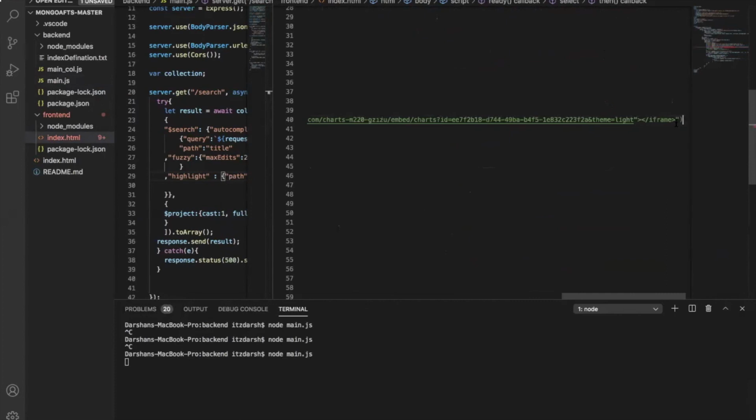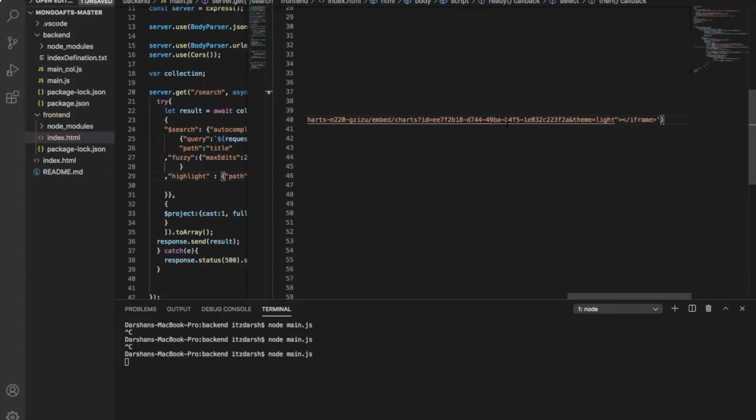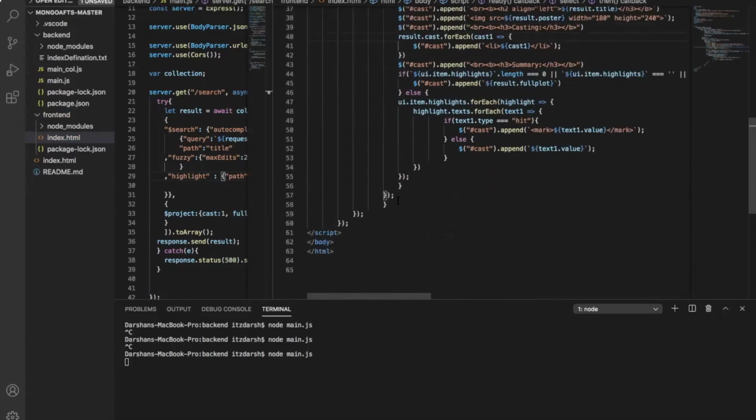I guess this already has double quotes, so it might not work with double quotes; I'm using single quotes here, and my value is saved here. I'll cut this value, and I can save it.